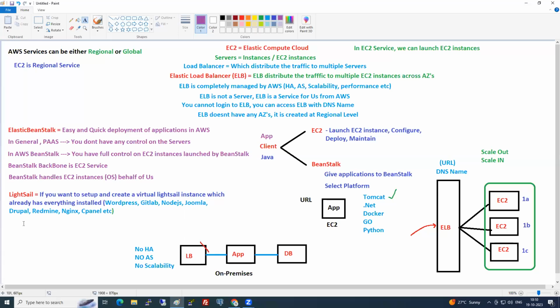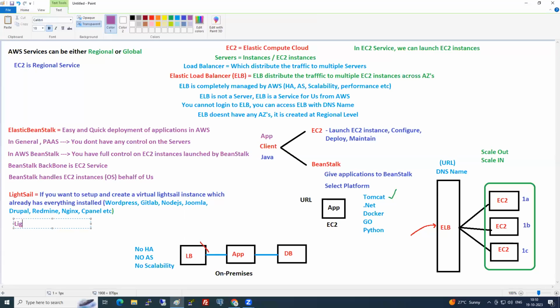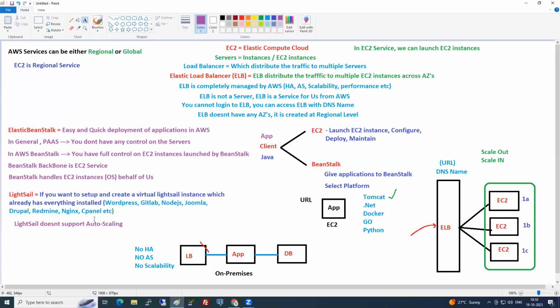So here, Lightsail doesn't support auto scaling. Is this clear, Nana?